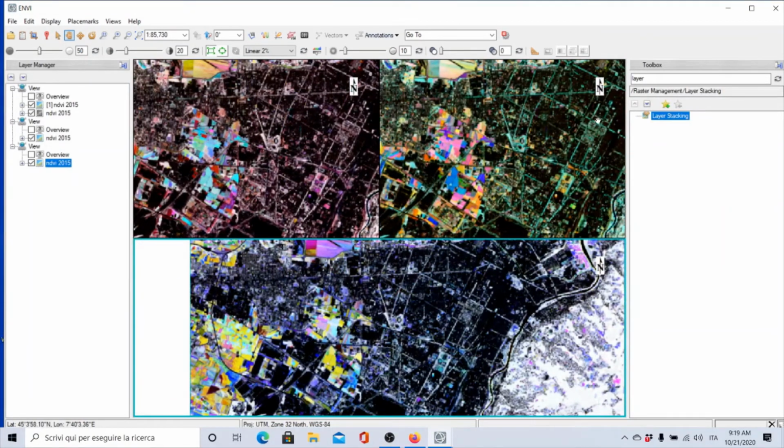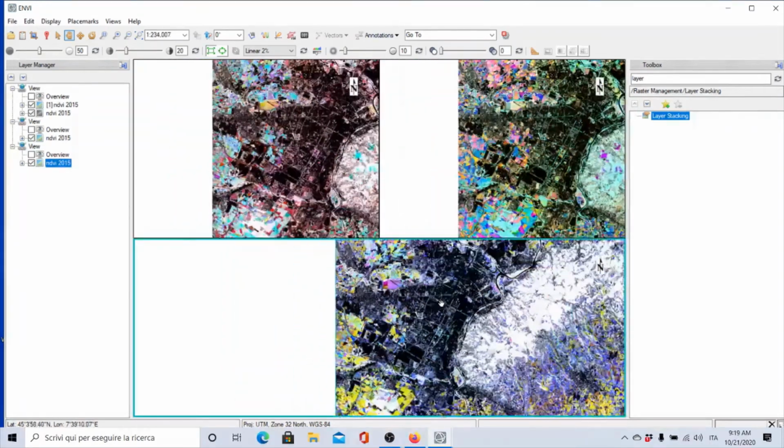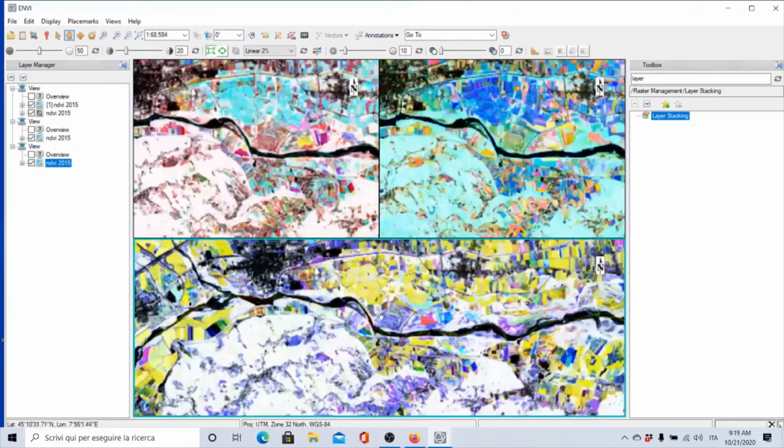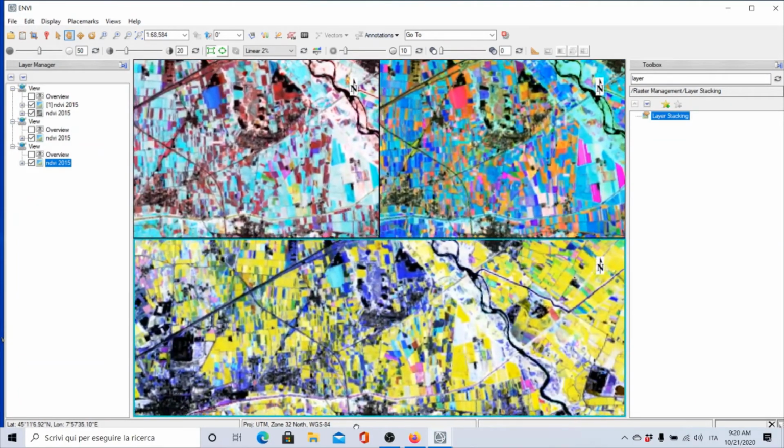Okay, boulevard with trees. We are passing from cyan to white and still white, because in September we still have leaves, and we need to wait until the end of September, beginning of October to see the leaves falling. All right. While the river, you see, for example, here is always very black, and you see that all these areas from blue to cyan to yellow, this is again something that could be rice, because